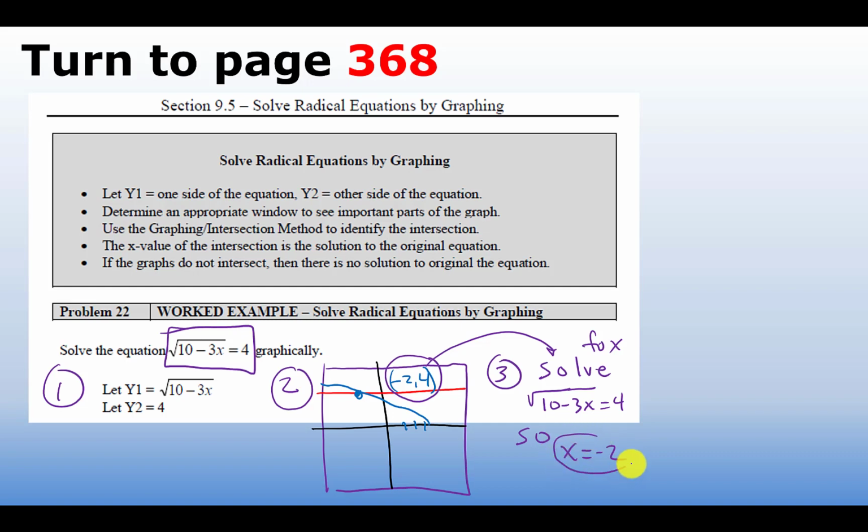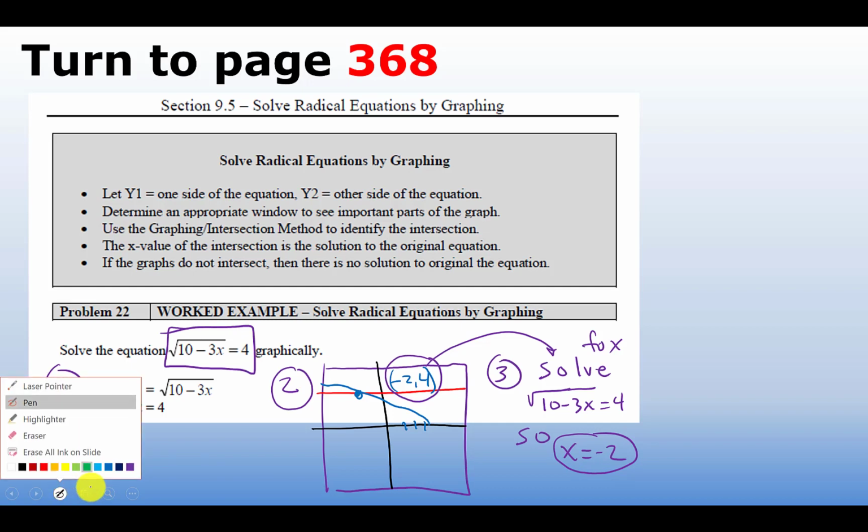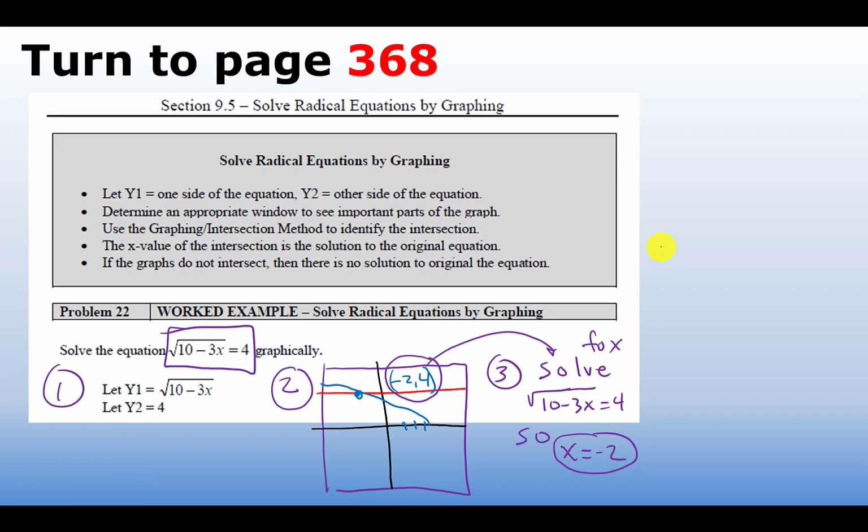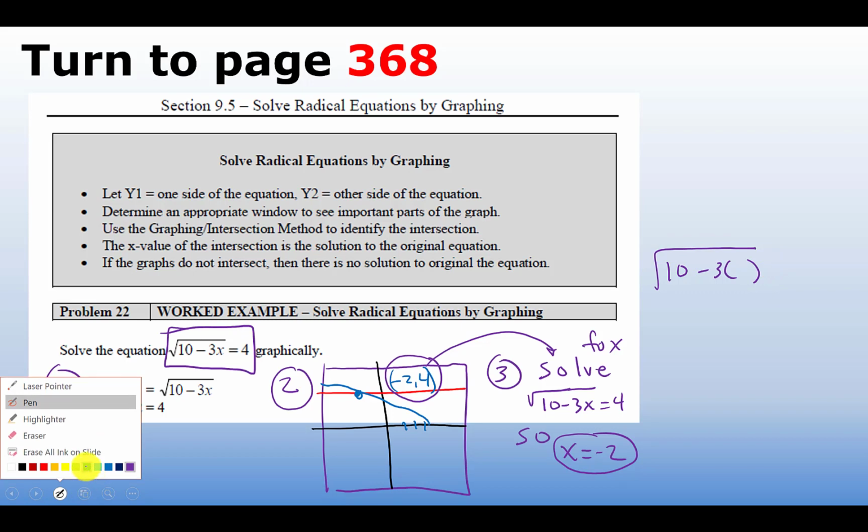And if we were really curious, we could check this algebraically, but the calculator has solved it and we are all done. But just for curiosity, let's check. So we can put 10 minus 3, and I want to see what that square root equals. So when I check,